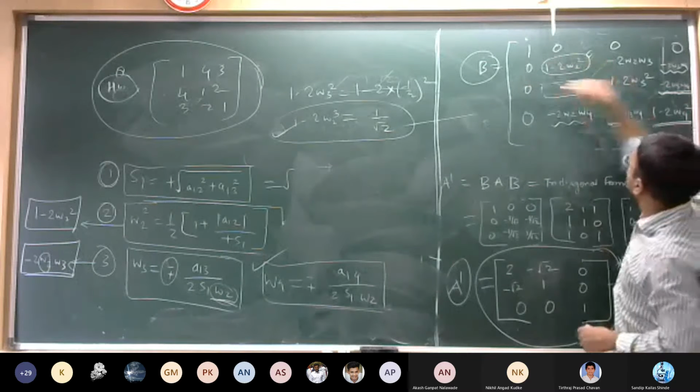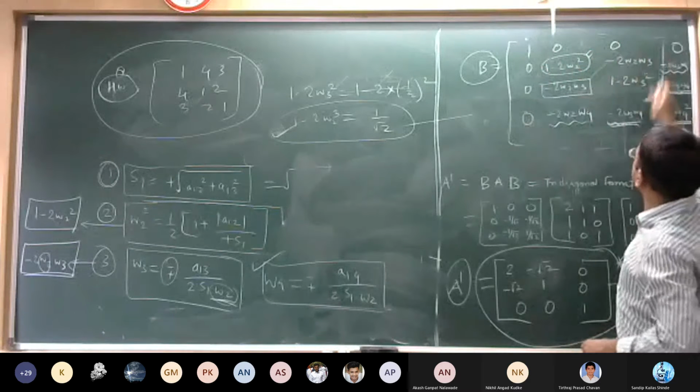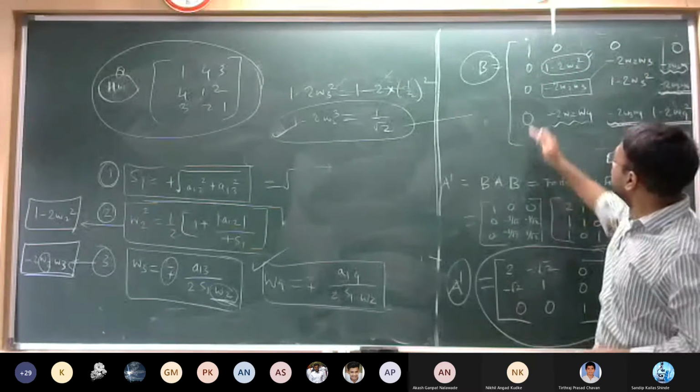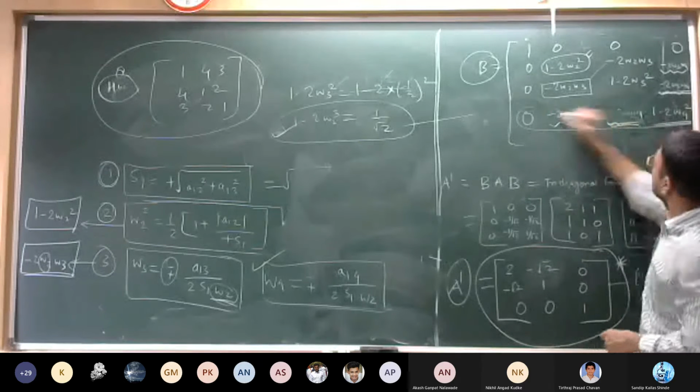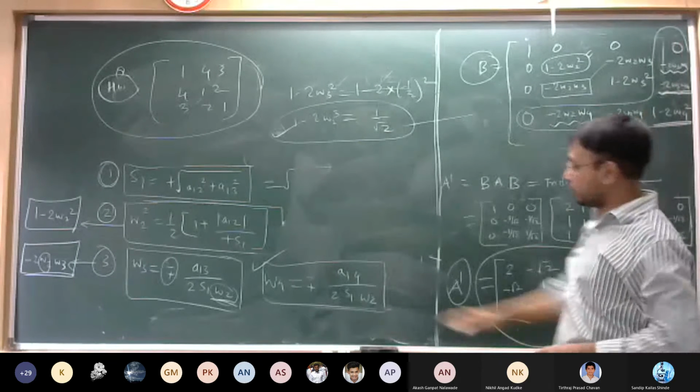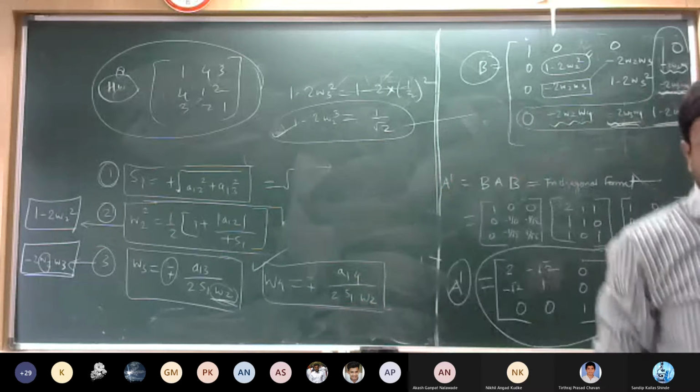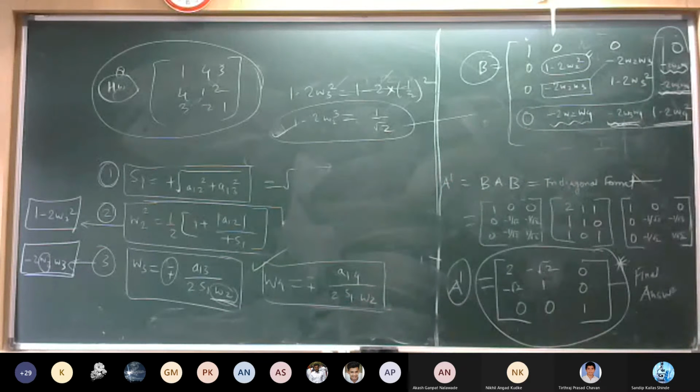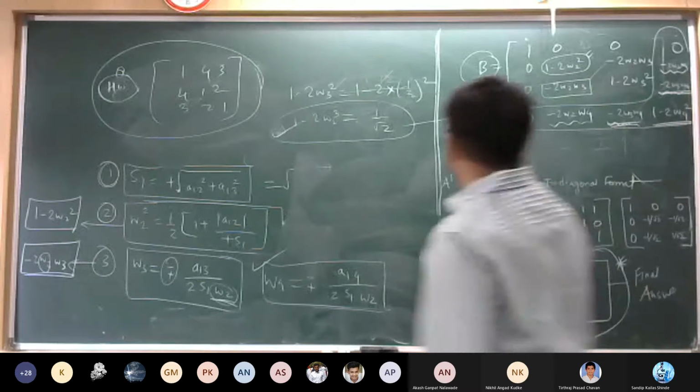So if it is a 3 by 3 matrix, we have calculated only this part. If it is a 4 by 4 matrix, we need to add this row and this column. So W4 can be calculated, sign depending on the A14. So A14 is equal to 1 minus 2S1 W2. A13, A14. So write this particular W4 formula also.